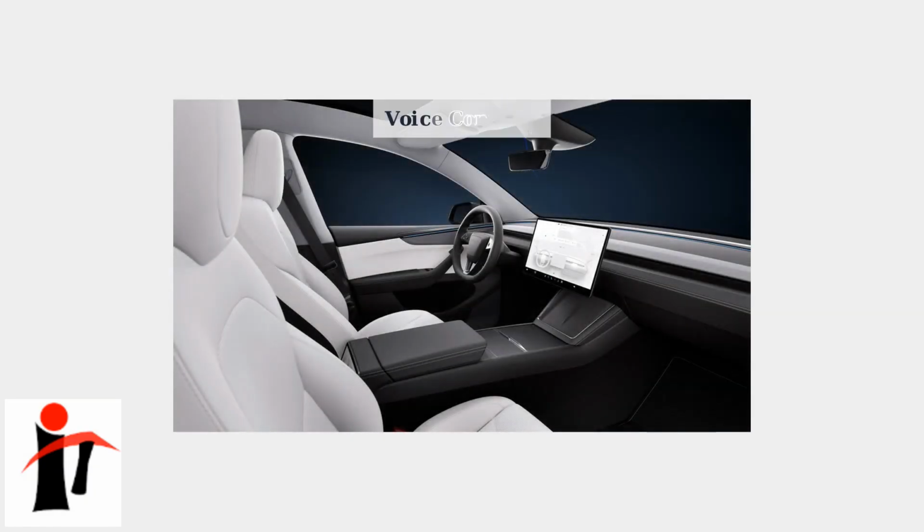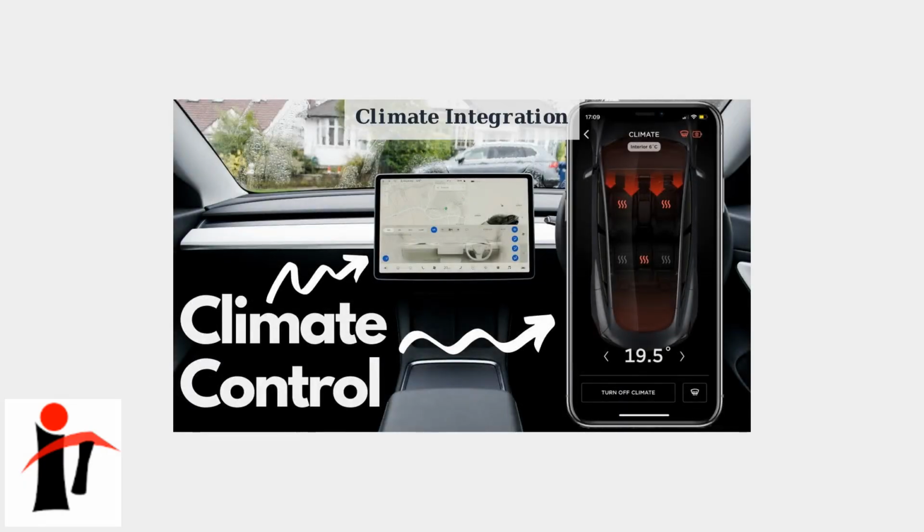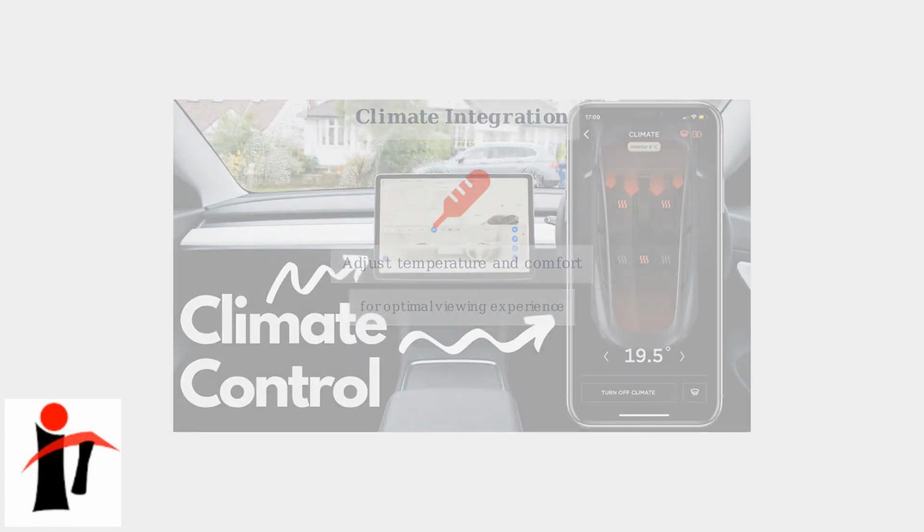With your Model Y parked and Netflix loaded in theater mode, you can use voice controls through Tesla's AI system. Simply say commands like "Play Stranger Things" to start your favorite shows or movies. Theater mode also integrates seamlessly with Tesla's climate controls. You can adjust the temperature, heating, and ventilation settings directly from the touchscreen to create the perfect viewing environment while